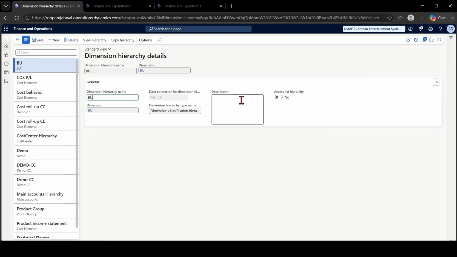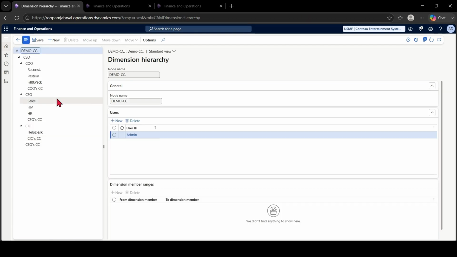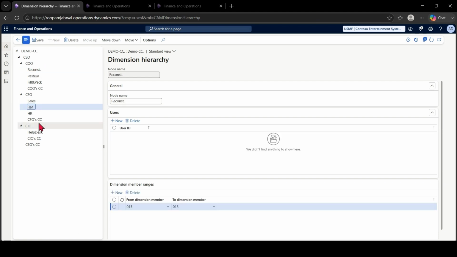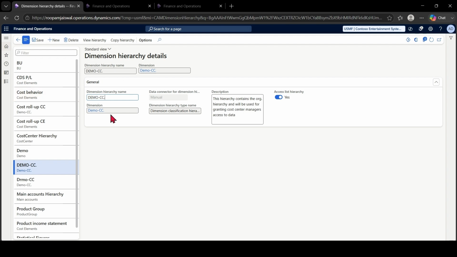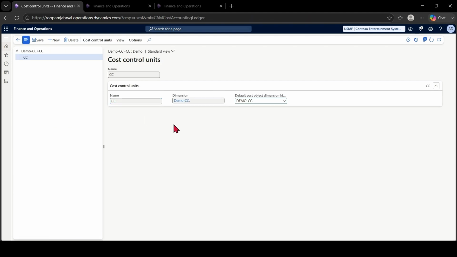What I'm using is this hierarchy, and you say that no, this is my requirement, where I see that all the cost centers are put in a different way, not like a CEO, CFO. This is the reason I'm using this cost center hierarchy. The linkage happens here. So your dimension selection is CCA. This is how you will be able to link that hierarchy with the dimension.